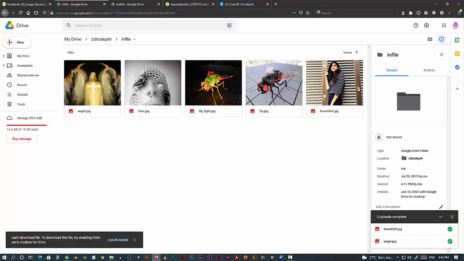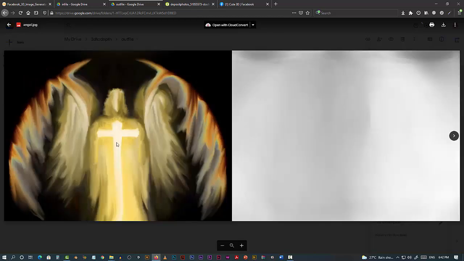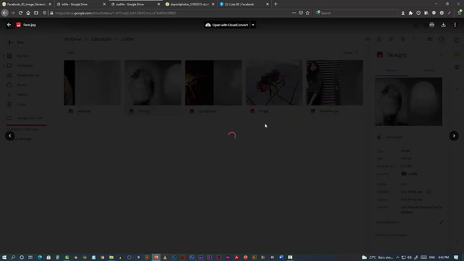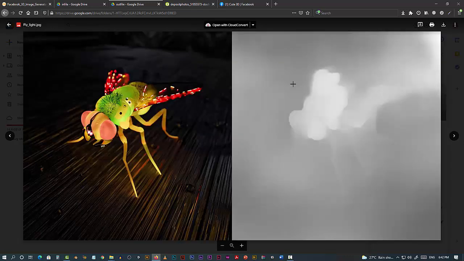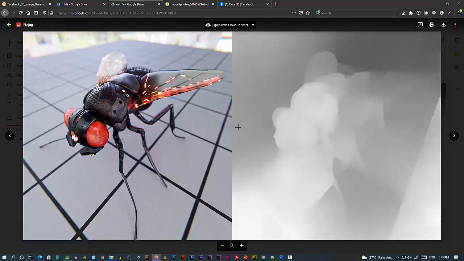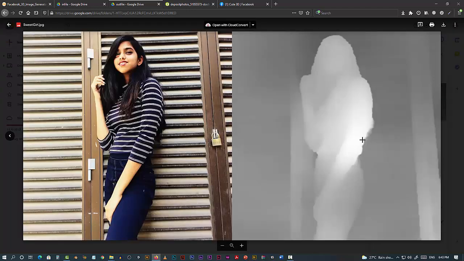Now one more thing I'm gonna show you. As you can see, there are 5 images, and here also the output is 5 images. Now the problem here is when the image is made, it's something like this. Same with this, and same with this. So this is how the depth map looks like. It can make multiple images in that manner. See, it is done nicely.